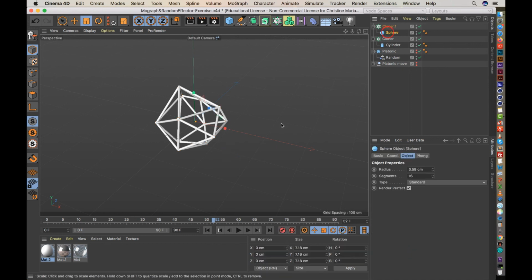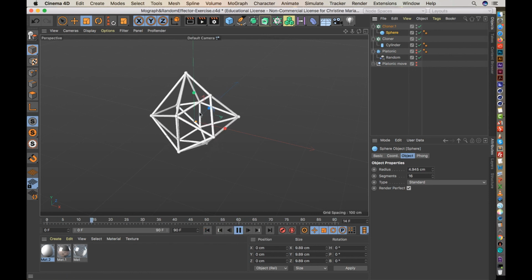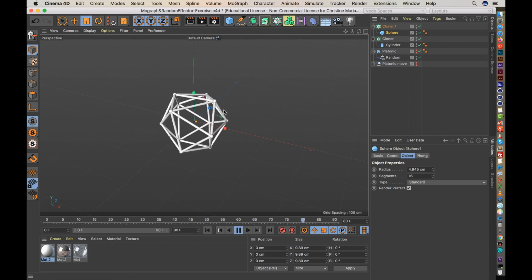Okay, and then maybe I'll make it a little bit bigger. Okay, so now I got a little sphere that's sitting on the tip of every point. Okay, which is a fun look as well. All right, so